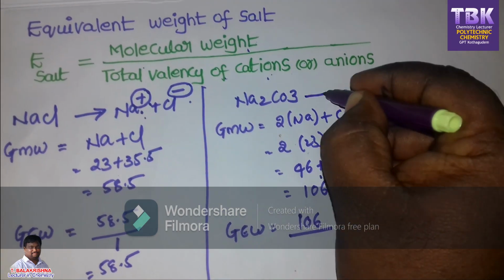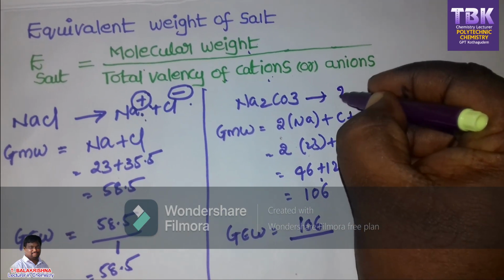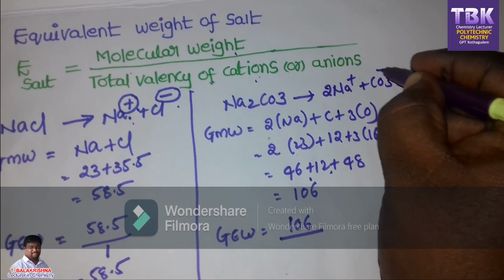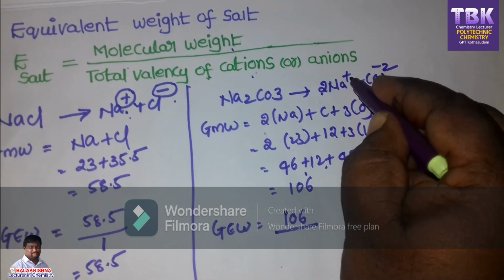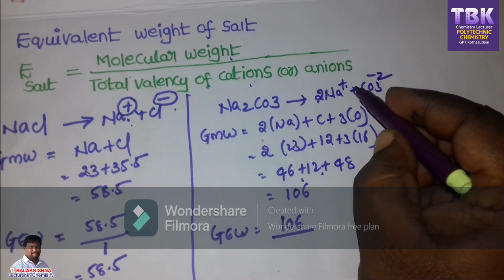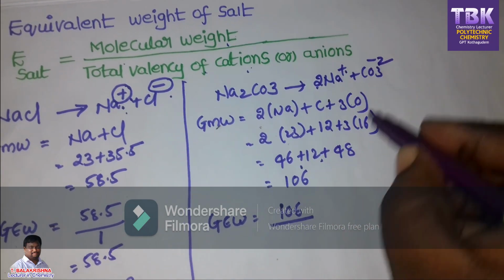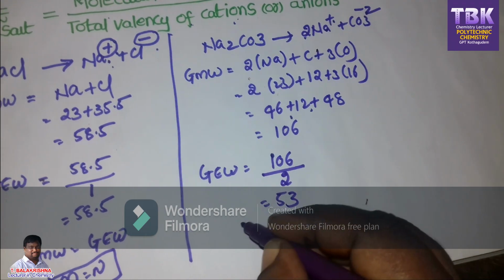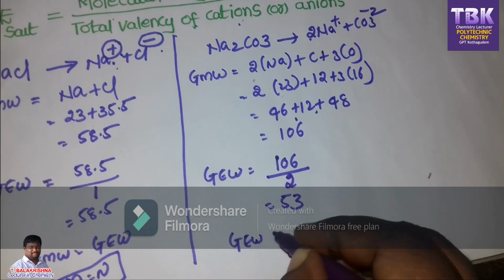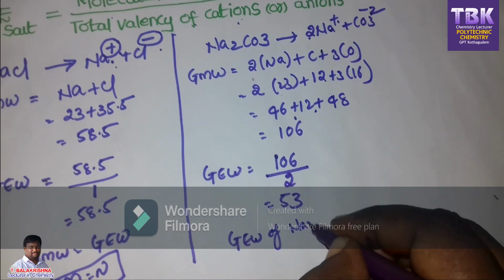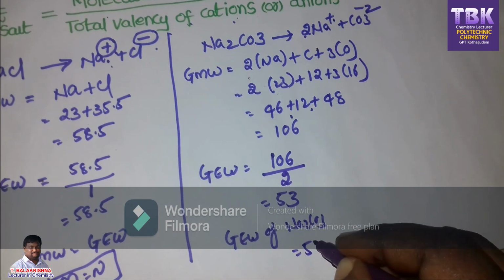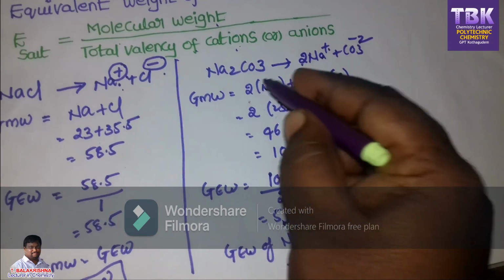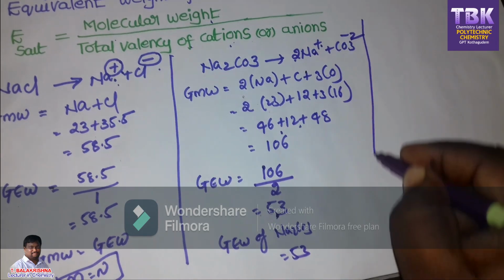How to consider the valency of this? It splits into ions and produces 2 Na+ ions plus CO3 2- ion. So it has 2 positives and 2 negatives. You consider only positives or negatives. So valency is 2, so that is 53. So the gram equivalent weight of Na2CO3 is 53. This is used for the calculation of normality problems for sodium carbonate. Is it clear? Right, next one,